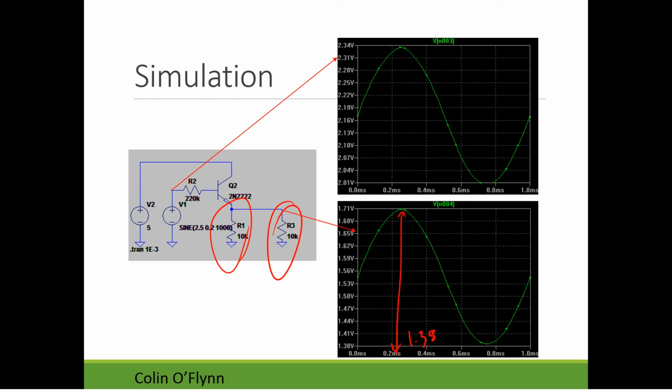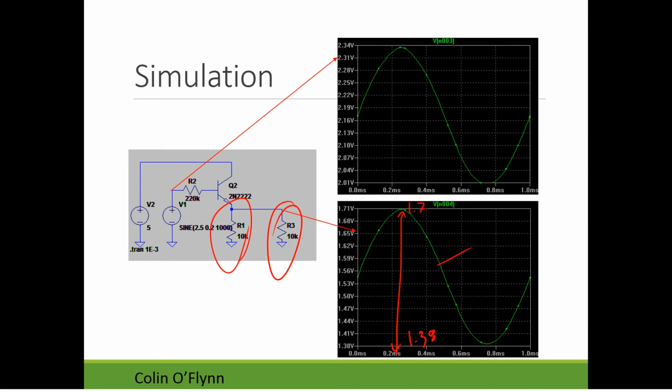I haven't tuned a lot of stuff, and there's still some diminishing of the amplitude, but we have a much bigger swing here. So now we have 1.7 to 1.4, a pretty similar change in voltage to the input.